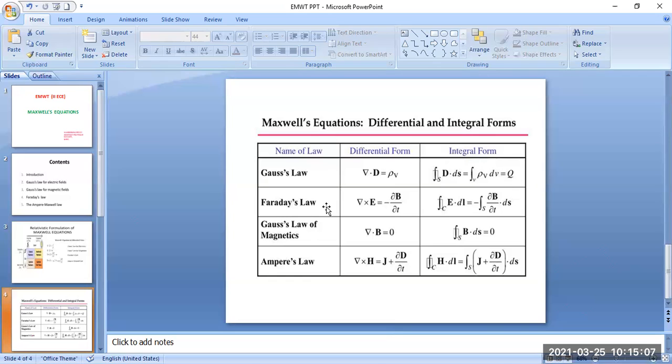And Faraday's law. This is the second Maxwell equation. That is del cross E bar is equal to minus dou B bar by dou t. This second Maxwell equation is derived from Faraday's law and transformer EMF. Transformer is a stationary device or static device which transforms the energy from one circuit to another circuit.